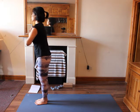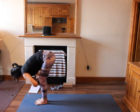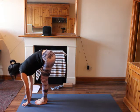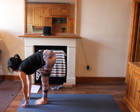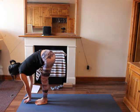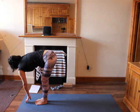Inhale, soften your knees, hinge forward. Hands down on the mat. Bend your legs. Try to keep your spine straight. Inhale, look to the front, lengthen your spine. Exhale, left hand in the midline under your shoulders, maybe on your fingertips, and then inhale, open up your chest